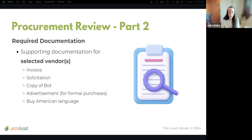If you have contracts in place with small purchases, they'll probably want to see those contracts. And then if they pick a formal procurement vendor, then you're going to have to provide them with your bid packet, your contract, all of the paperwork that led you to choose that vendor. And the one thing they look at is your scoring criteria too. So they're going to make sure that you went with the vendor that was scored the highest based off of your criteria. And just a note for you, if you in California have not gotten a procurement review yet,